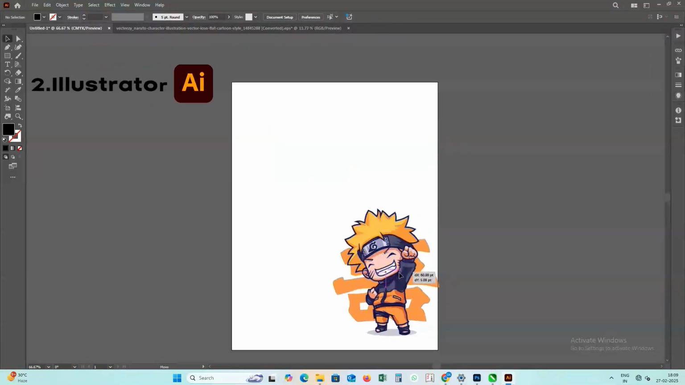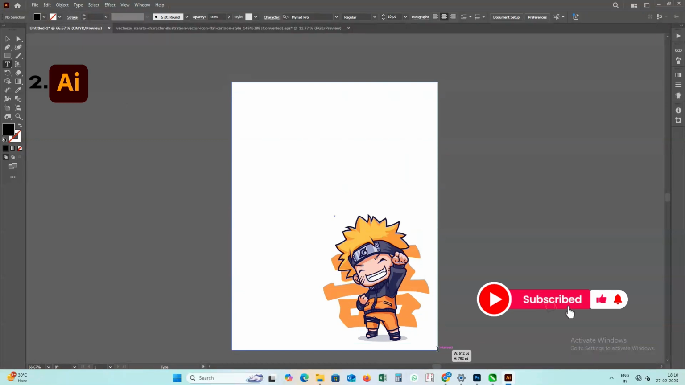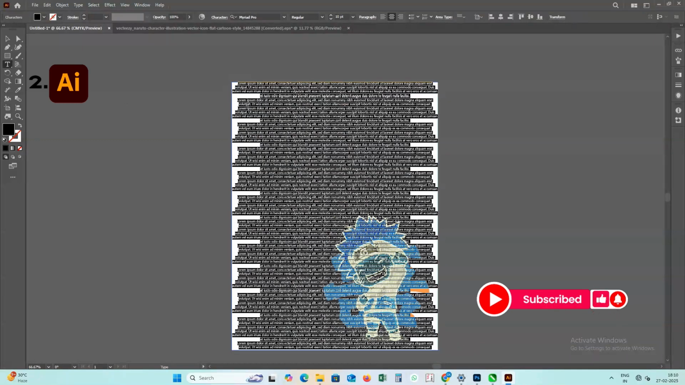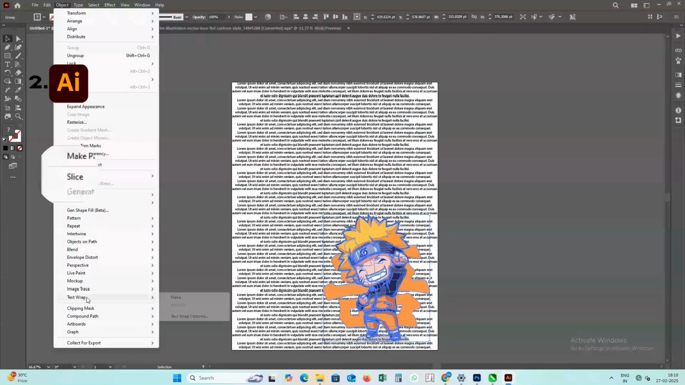Now let's move to Illustrator, which is a little bit more complicated than this. Place an image first, then select the text area, and it will be filled automatically. If you want, you can also write as per your choice. After selecting the image, now we have to go to Object, and we will get an option called Text